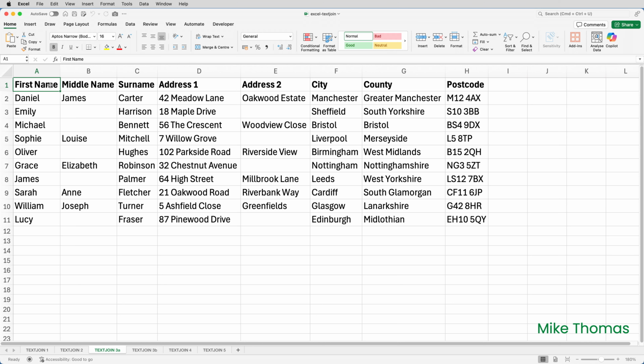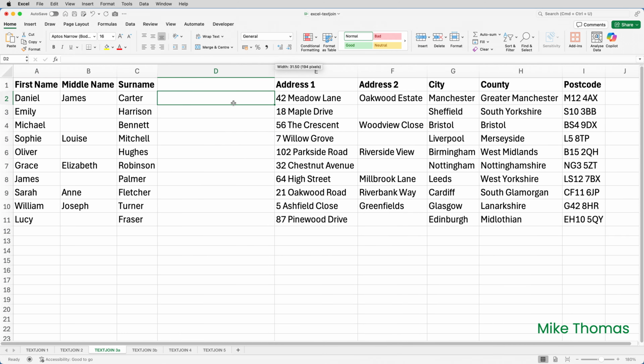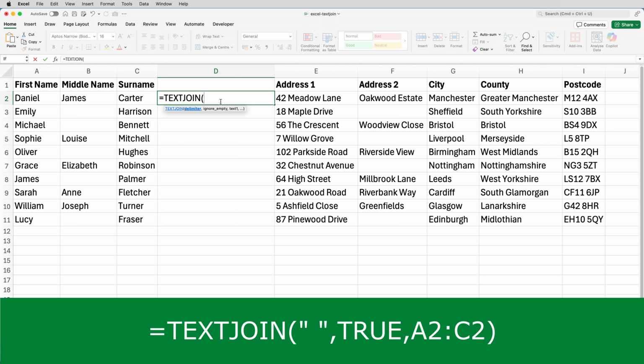I'm going to start by inserting a column at column D, and then in the blank column, I'm going to combine the three elements of the name. And I'm going to use TEXTJOIN for that. So equals TEXTJOIN, open brackets. The delimiter is going to be a space, which goes in double quotes, comma. I want to ignore the empty cells, so select true, comma,